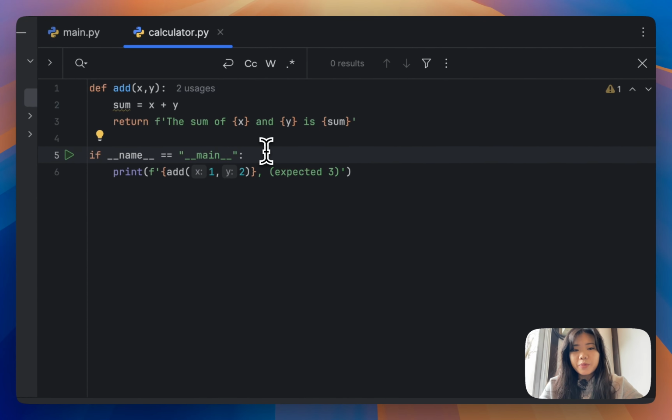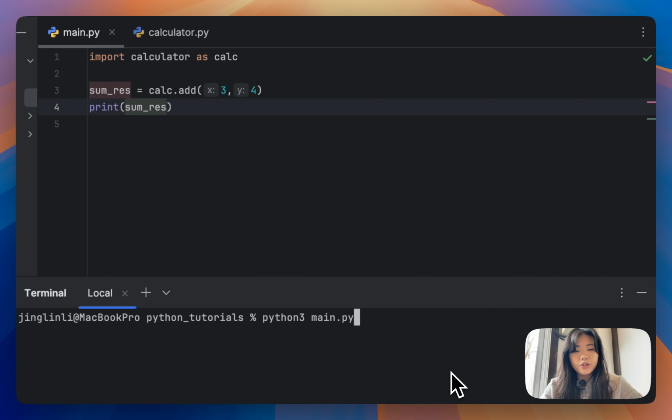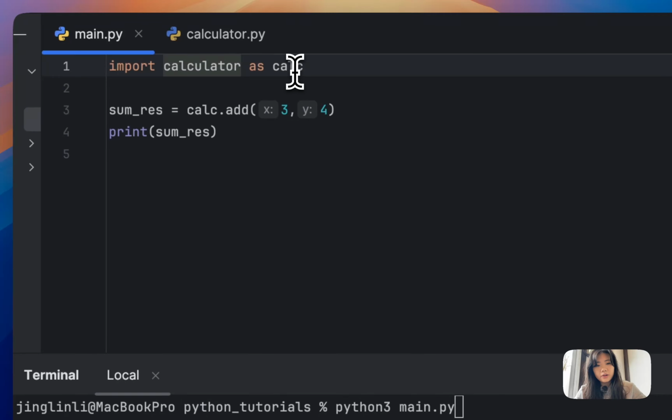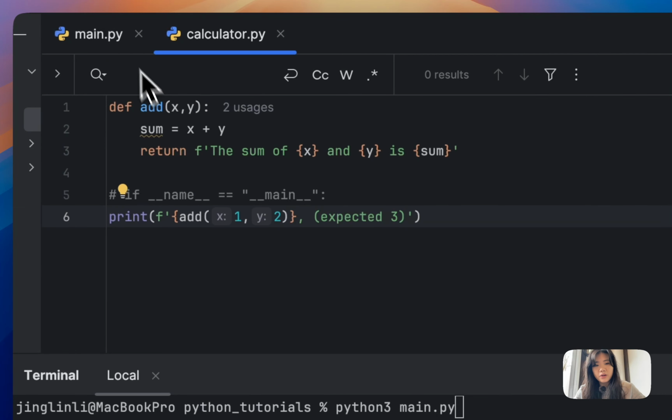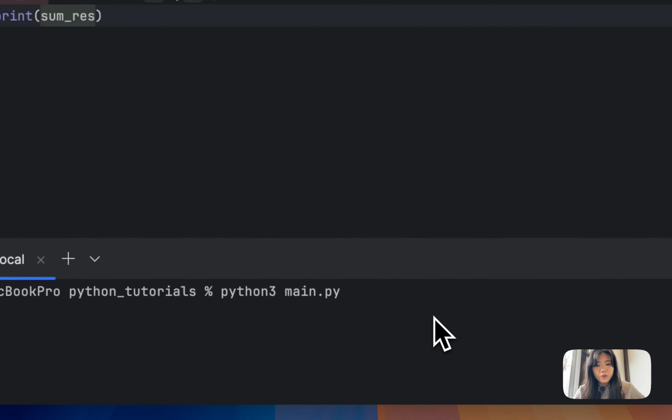I think one really good way to understand what this line of code does is to comment it out and look at what happens when we don't have it. So now, if we want to call the main function, you can see that the main function imports calculator and stores it in its module in a variable called calc, and then it uses the calc's add function, which we defined here, and it adds 3 and 4 and stores the result in some result, and then it prints the result. So if we run this function,